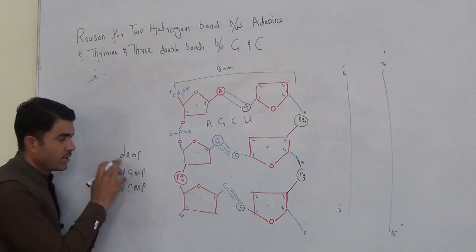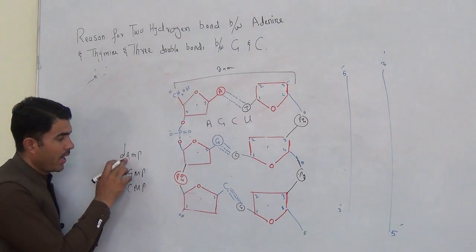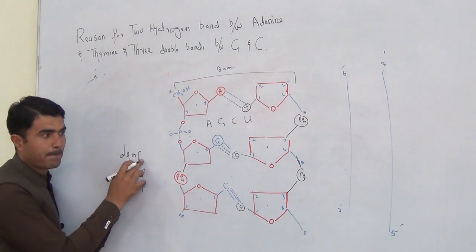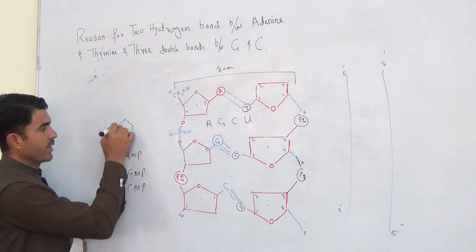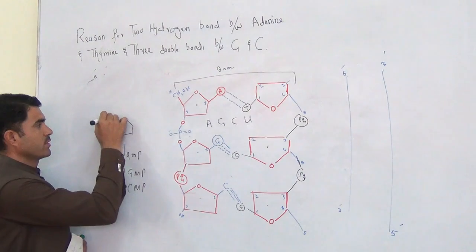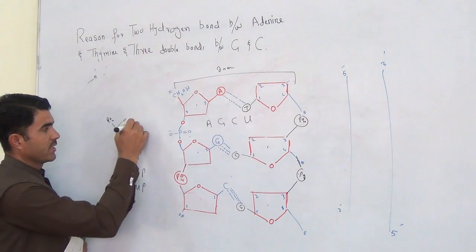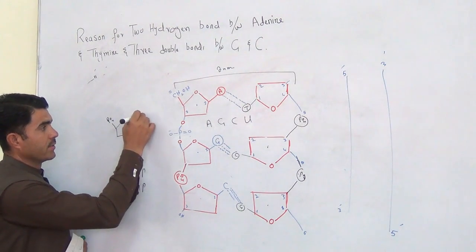D means deoxy adenosine monophosphate. If we have a sugar, right, and we attach one phosphate here and we attach here adenine,